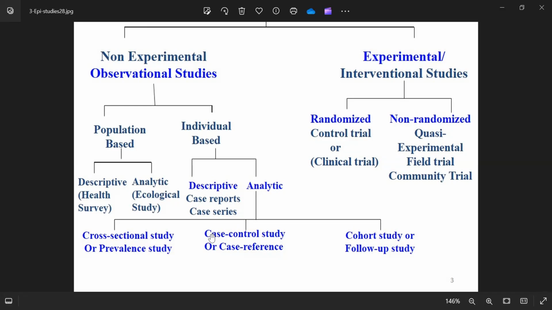Then we can now say that, yes, there is a relationship existing between chewing tobacco and coming down with oral